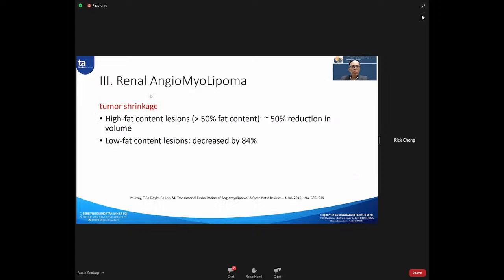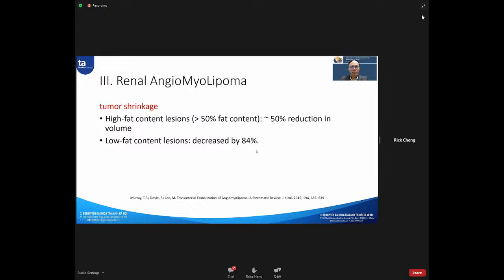So how about the tumor thing? It depends on the fat content in the tumor. If the AML has high fat, meaning more than 50% fat content, the volume is already reduced by around 15%. And with AML with low fat content, the volume may decrease after the embolization by about